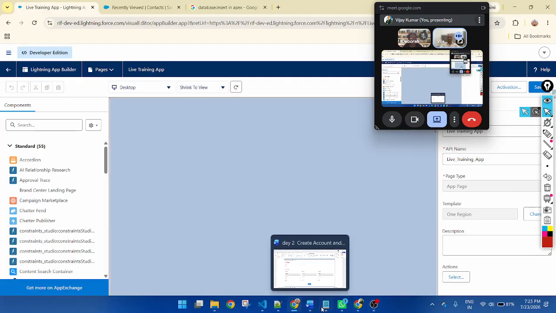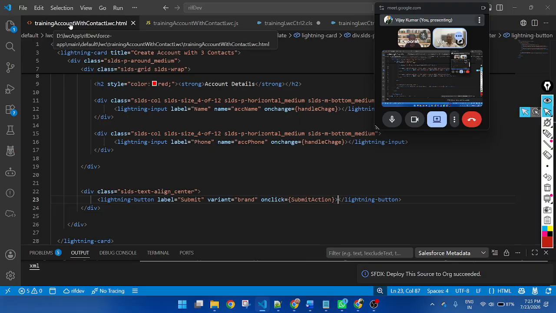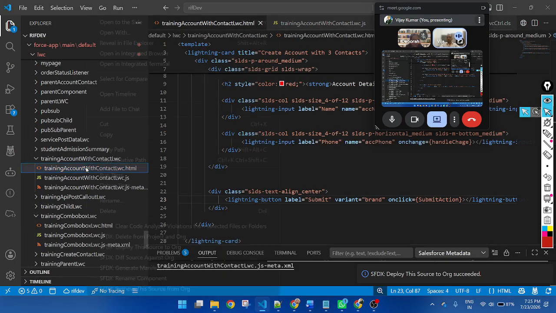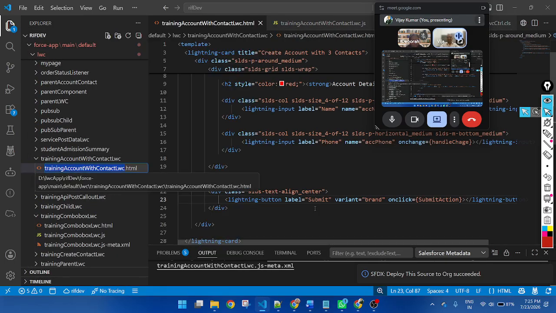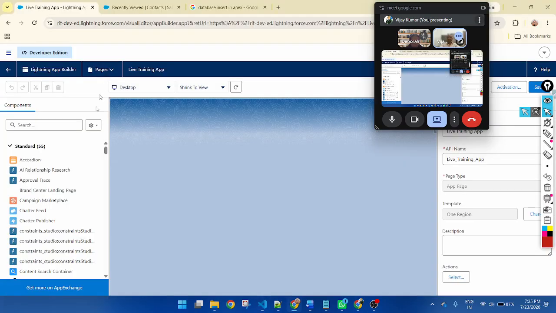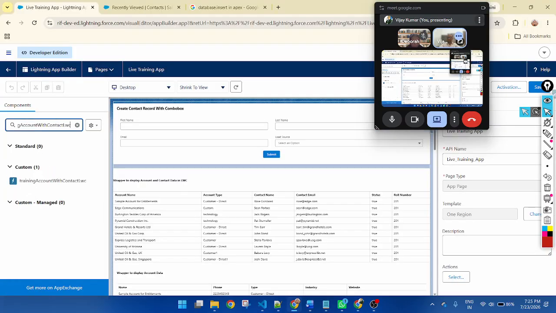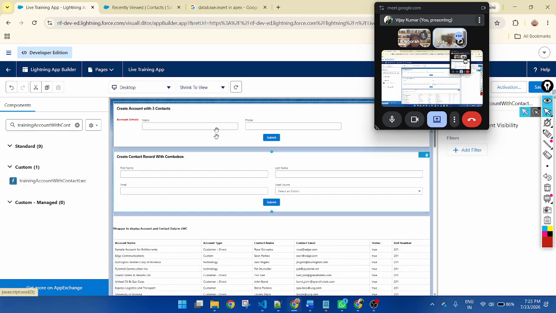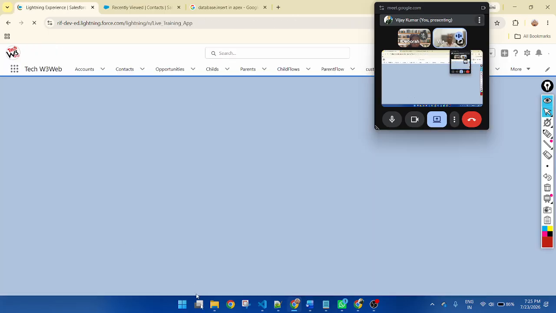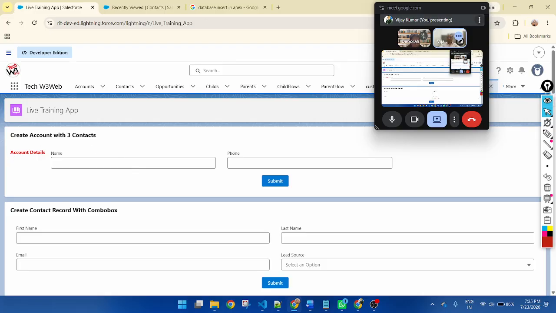My component name is training account with contact. So simply copy the file name. This is my component, simply select and drag and drop. You can see my component visual, but the alignment is not visible properly. Save and go back. So account detail is not visible like this.